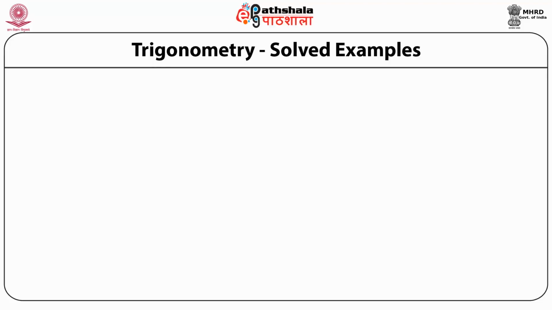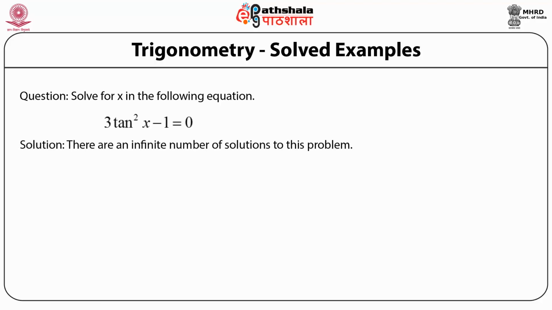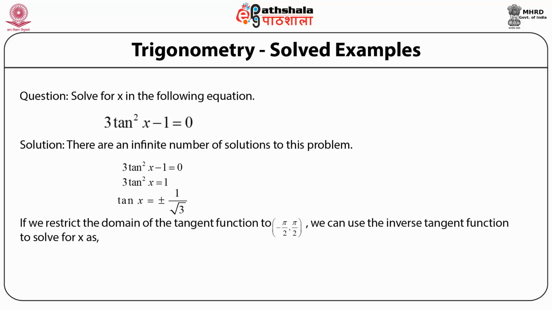Looking at some solved examples for trigonometry. Question 1 is solve for x in the following equation: 3 tan squared x minus 1 is equal to 0. The solution: there are an infinite number of solutions to this problem. 3 tan squared x is equal to 1, then tan x is equal to plus or minus 1 by root 3. If we restrict the domain of the tangent function between minus pi by 2 to pi by 2, that is minus 90 to 90,